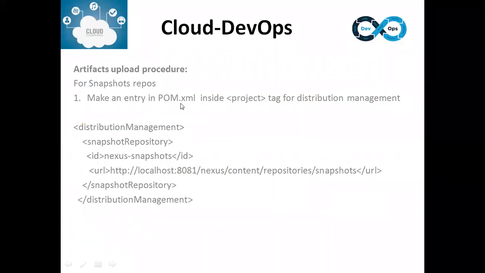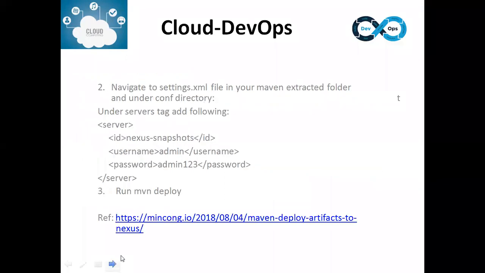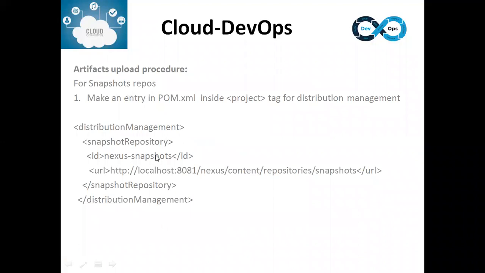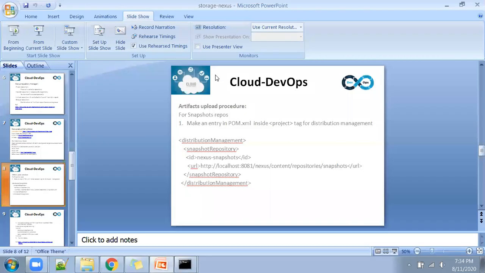I told you for Maven there are two important files required: one is pom.xml and another one is settings.xml. In the pom.xml you need to make this entry. Once you are done with this entry, in the settings.xml you need to make this entry. And the third step, you just need to run the Maven deploy command. So let me run these things one by one.